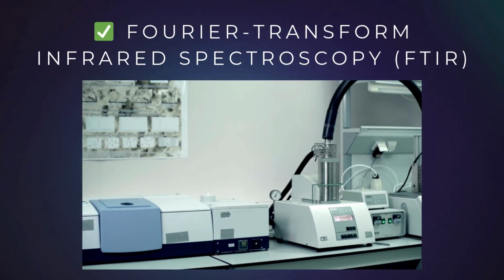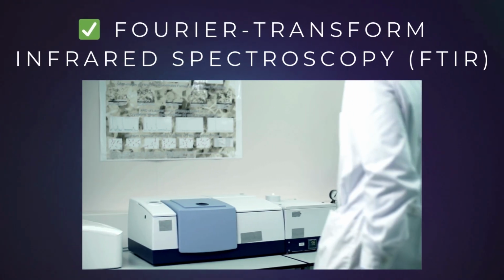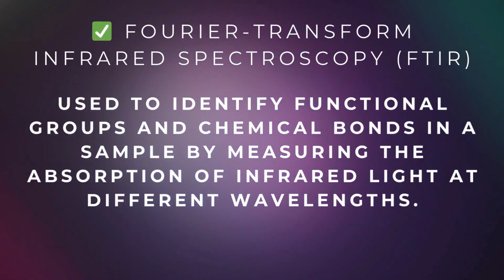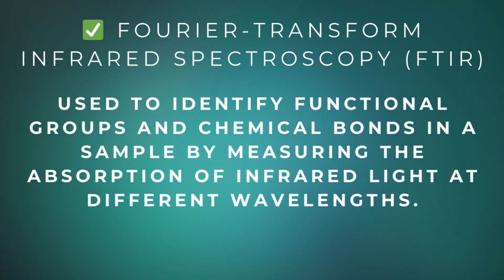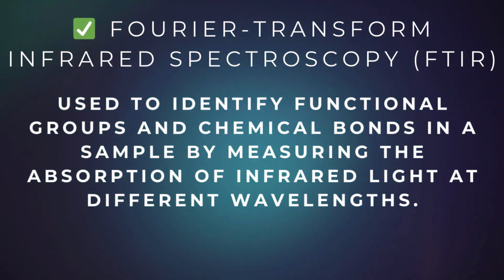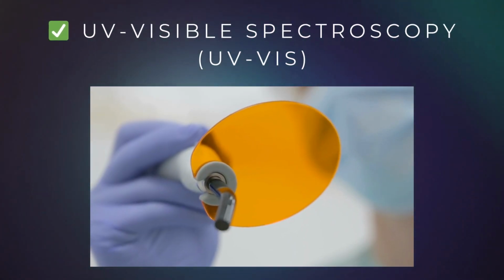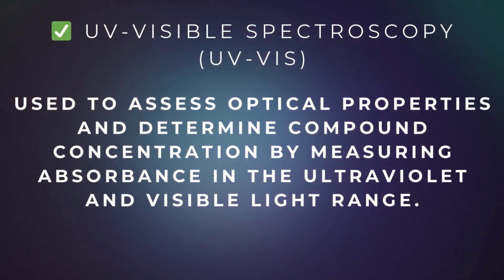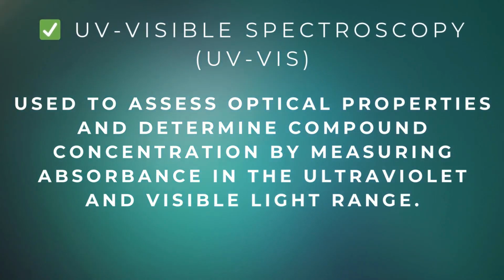Fourier transform infrared spectroscopy, FTIR, used to identify functional groups and chemical bonds in a sample by measuring the absorption of infrared light at different wavelengths. UV visible spectroscopy, used to assess optical properties and determine compound concentration by measuring absorbance in the ultraviolet